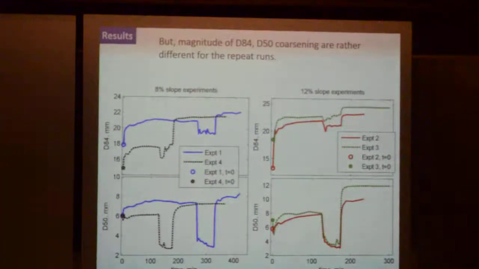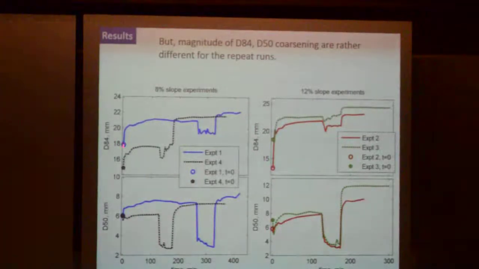So within that, though, and this kind of gets to the initial surface in general, I want to emphasize that even though we tried to do repetitions, there were variations in the response of those repetitions. So here I'm showing 8% slope experiments, and for the two different 8% slopes, unfortunately we did run this first one, experiment one, for a little longer than the subsequent ones. Basically, this experiment one did start at a somewhat coarser initial D84